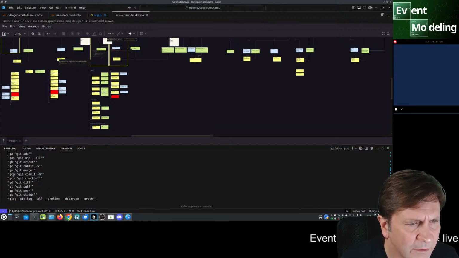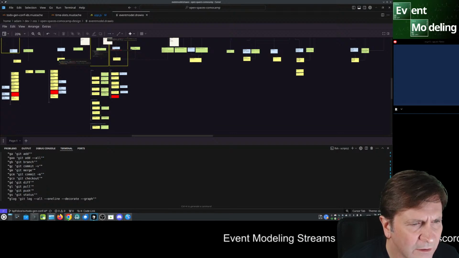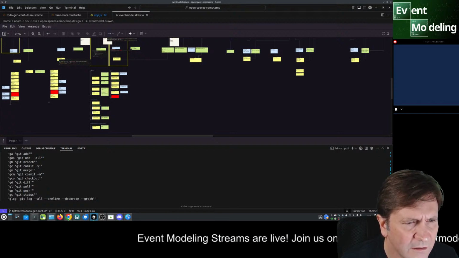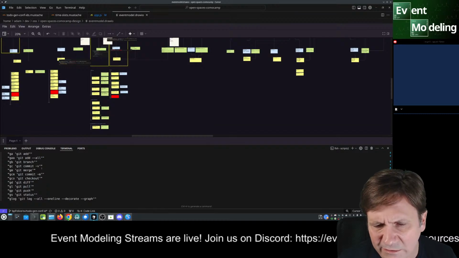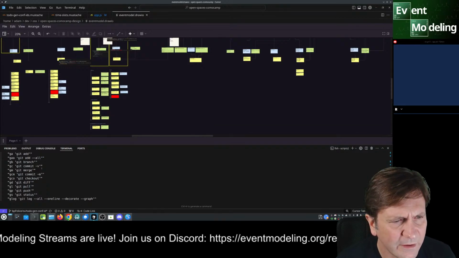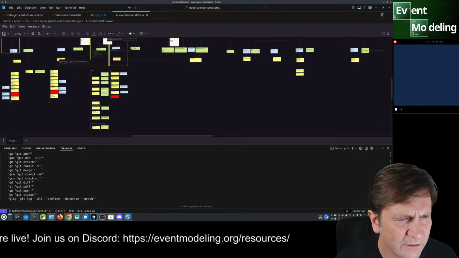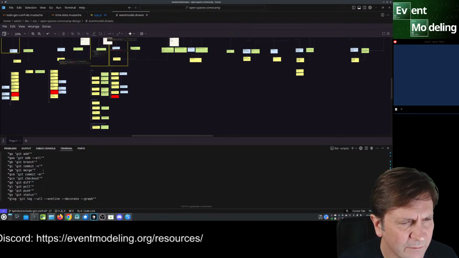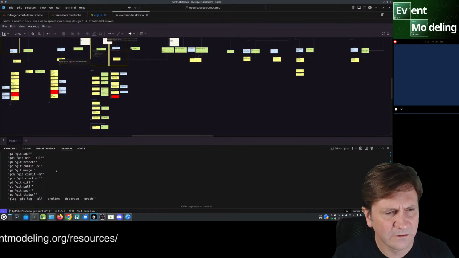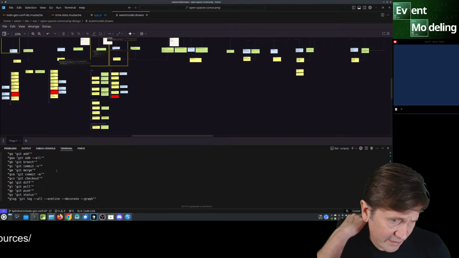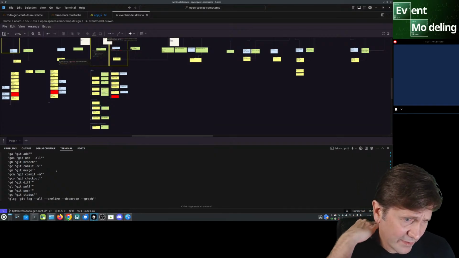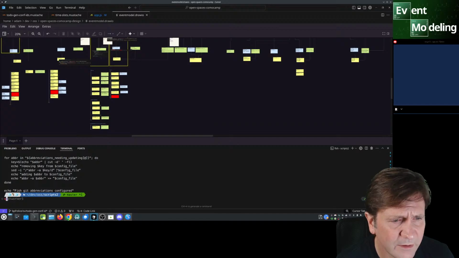Git CM, git C. Oh, is that like with an editor or something? I guess I just did git CM for commit, but I never do this dash V. What is that? Okay, I don't like the way that's going, but let me just use git CM.